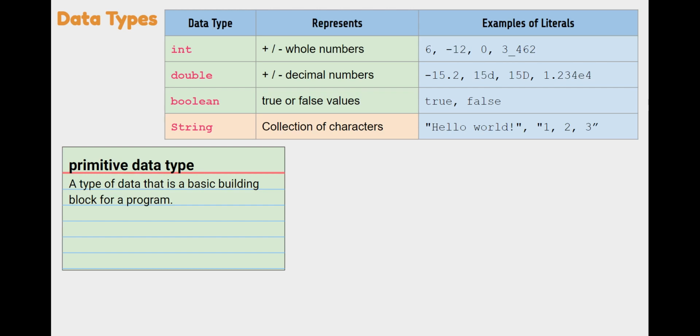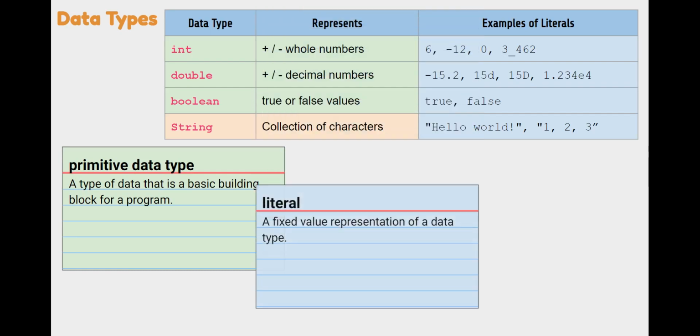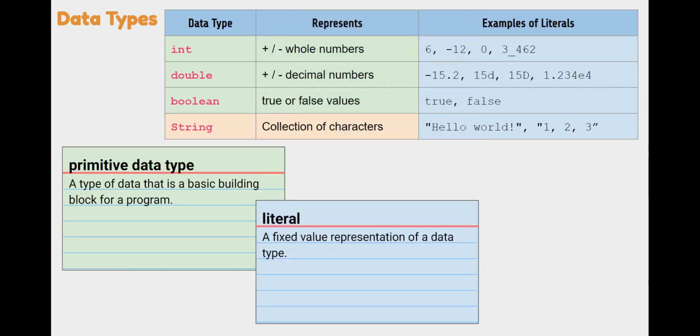So we have our int data type. That's going to be our positive and negative whole numbers. We can see some examples of literals for those. Literals are just fixed value representations of a data type. So some fixed values for ints: 6, -12, 0,